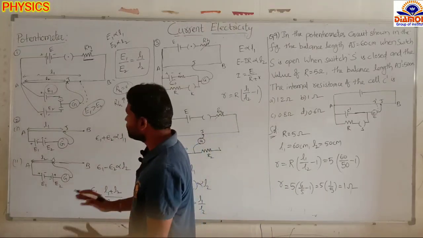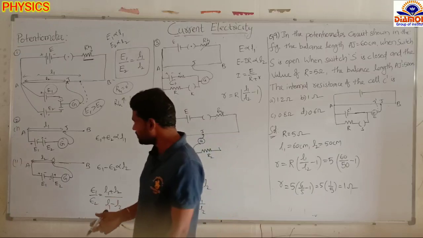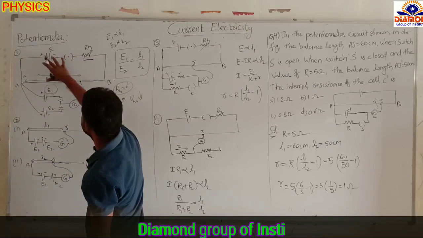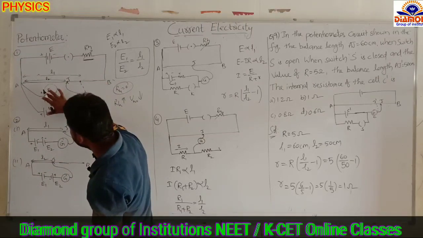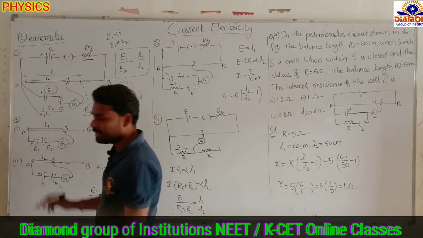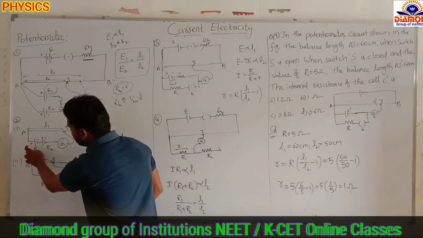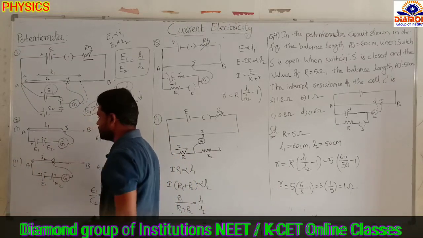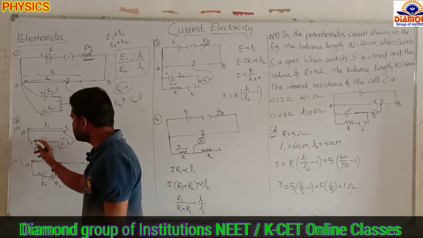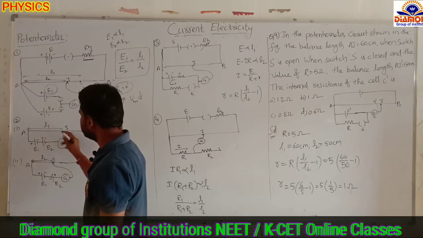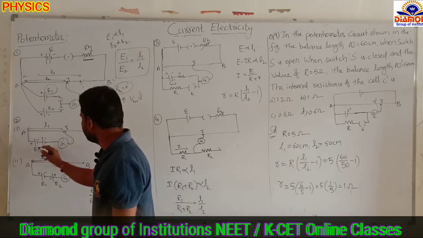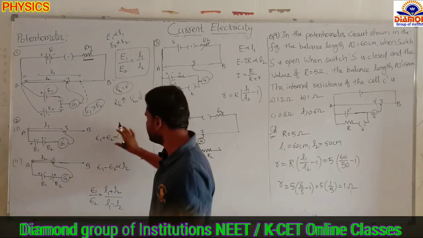Now remember this: suppose we are using the cells together. I am not drawing the upper setup here, imagine it, everything is the same. In the first case I connected one cell after another. In the second case, I am connecting the two cells at a time, plus to minus in series. Then the total EMF of these two cells is E1 plus E2. When these two cells are connected together, we measure the null deflection on the circuit. So E1 plus E2 is directly proportional to the length L at which the null deflection is shown.